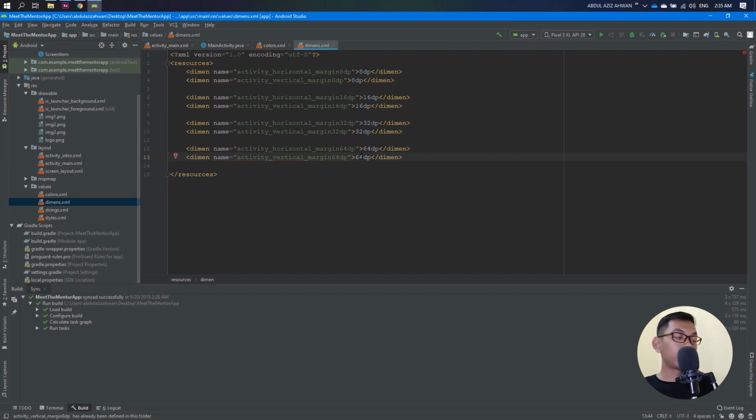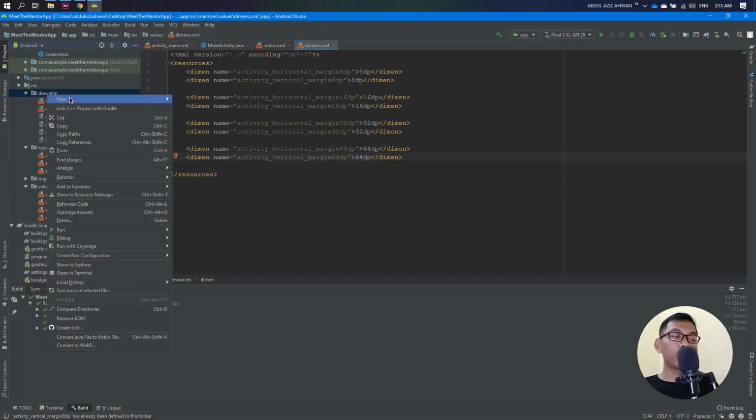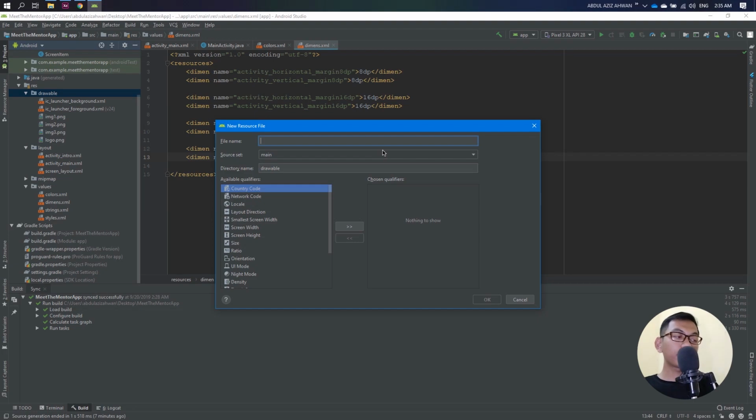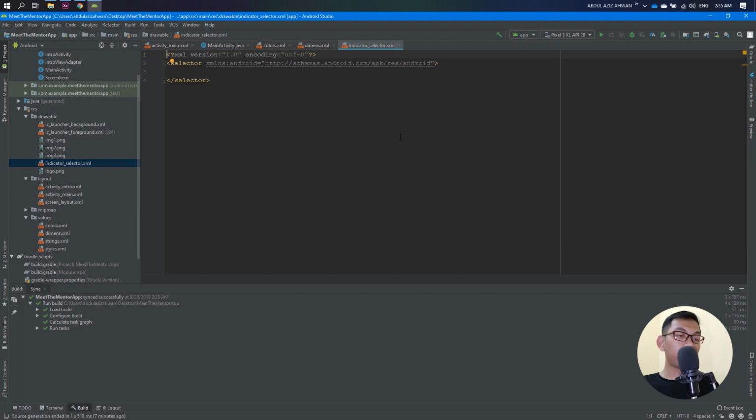And for the next step, we need to create a new drawable resource file, and we call it indicator_selector.xml, right? And just press enter, and we need to create item,